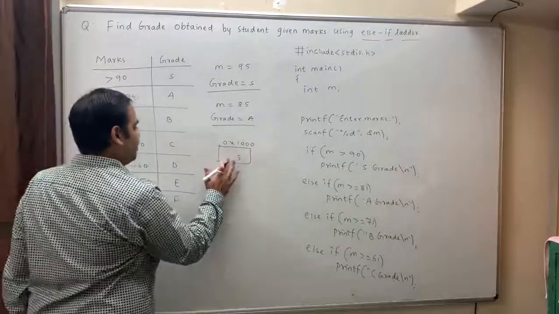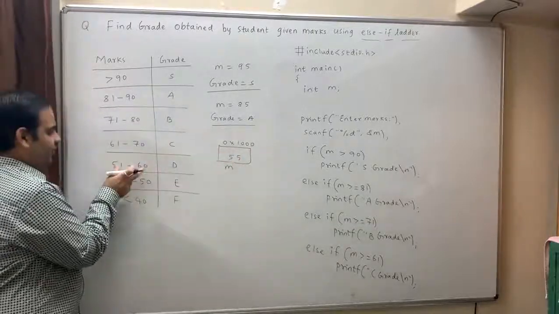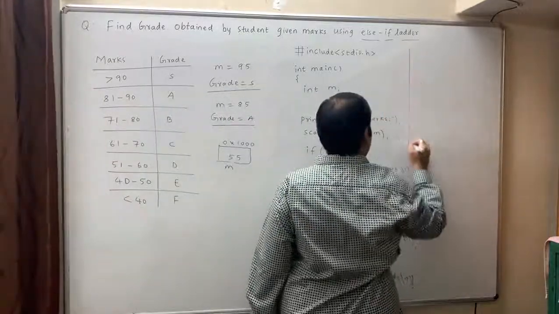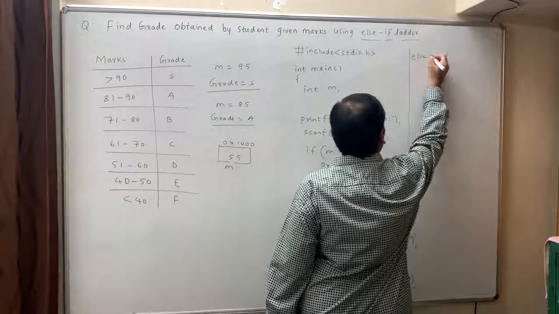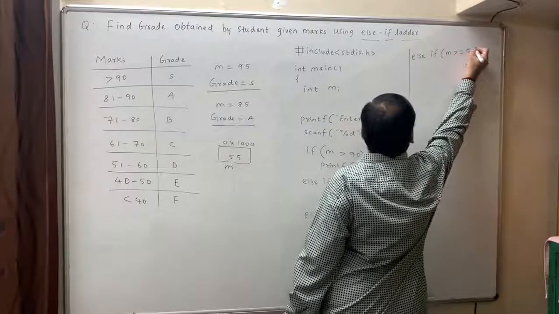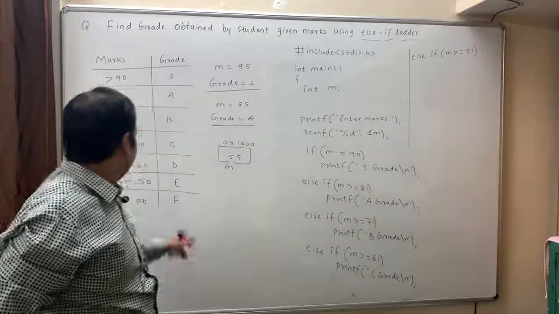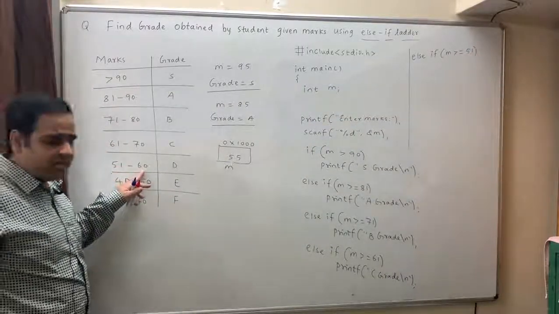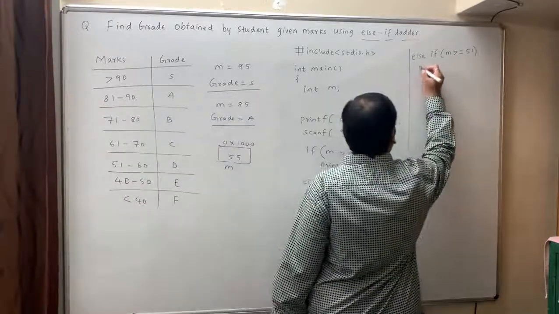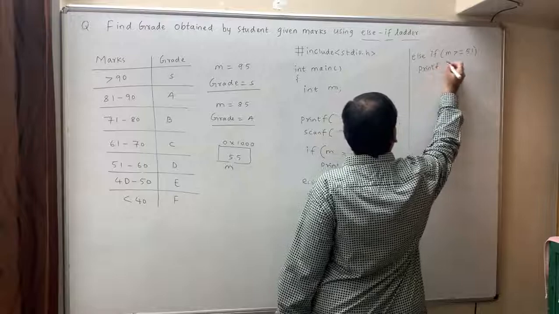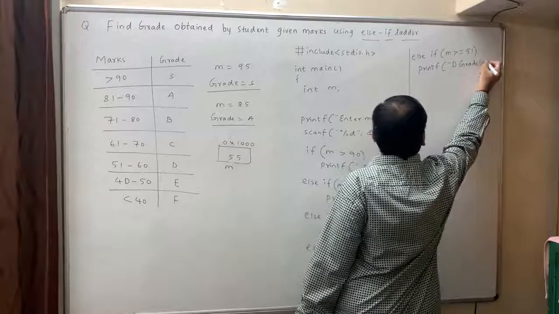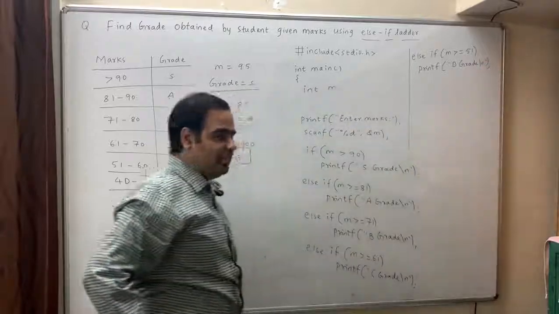Now let's say marks as 55. Now 55 is in between this and you should get D grade. Now let's continue over here and I can simply write else if marks is greater than or equal to 51, right? Is there any point in checking less than or equal to 60? No, we have already checked it, and hence I can write over here printf D grade. Okay, now let's see the next scenario.